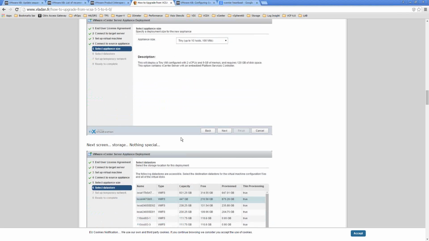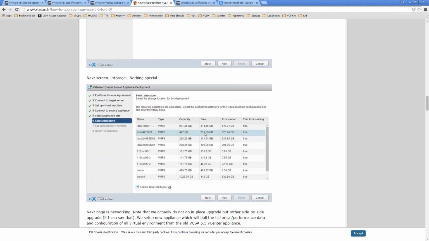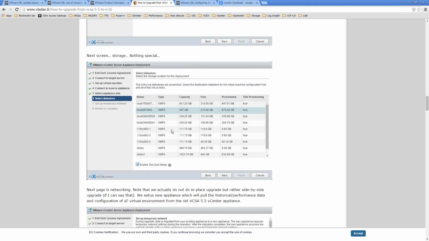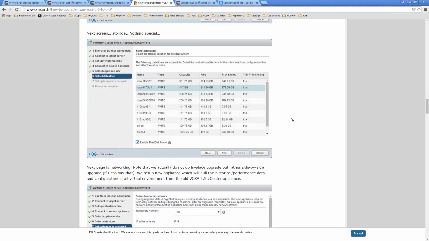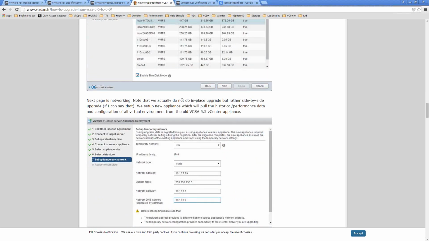It'll ask you to select a datastore, and it needs a minimum of 120 gig of disk space. Just make sure that's available, otherwise it's going to bomb the upgrade. The next page is networking. Note that we actually do not do an in-place upgrade, but rather a side-by-side upgrade. Side-by-side means that he's running the older and the newer at the same time.